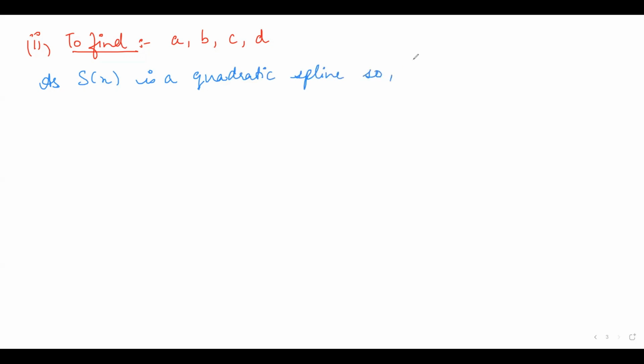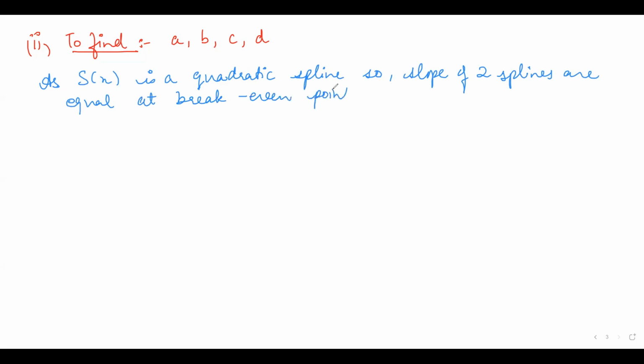So the slope of the two splines are equal at the break-even points. So the break-even points that we have here are